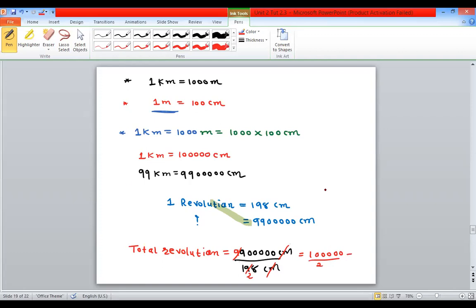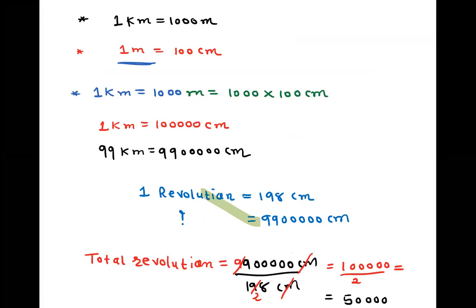It gives you 50,000. So to complete the 99 kilometer, you take